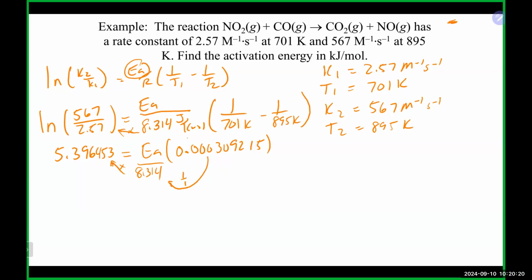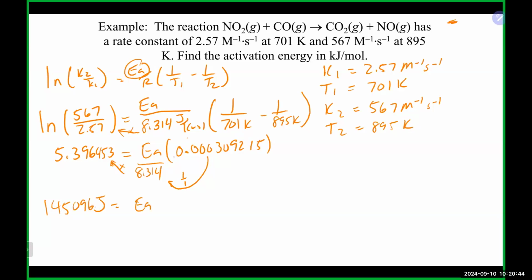So we will take our 5.39 and times it by 8.314, and that gives us like 44.866. We're then going to divide it by our 0.000309 number, and that will get us here an activation energy of about